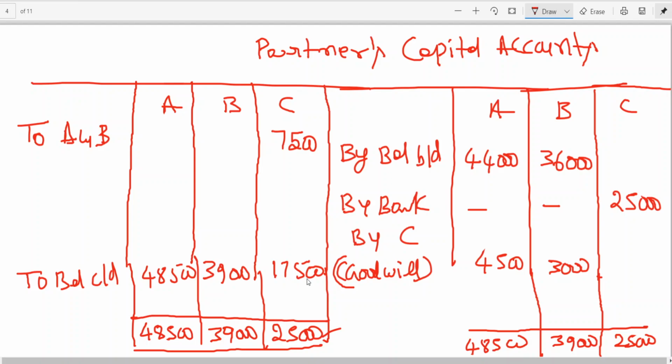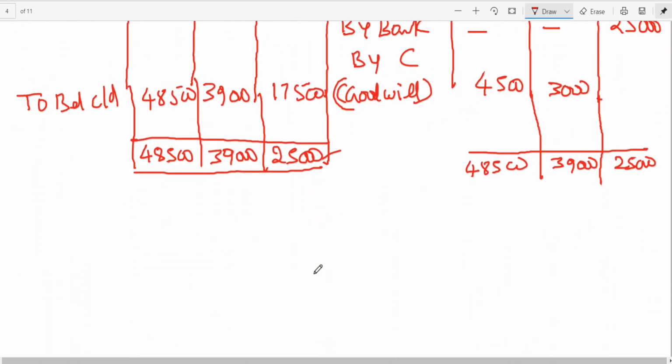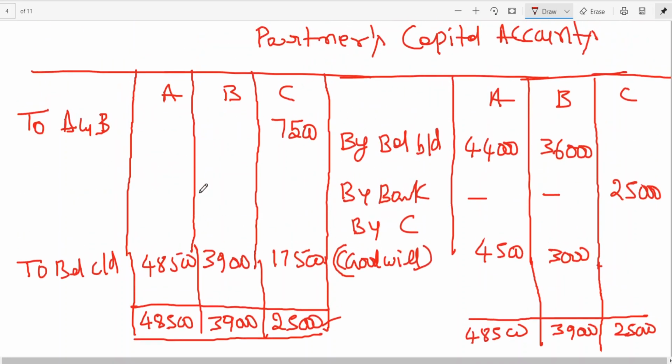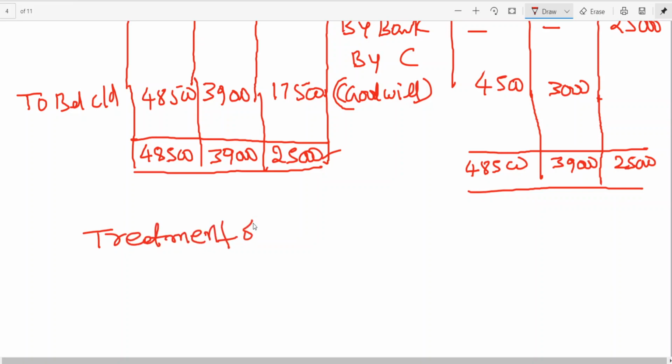So what is the new point in this case? The partners' capital account is the same, but only the goodwill is different. Goodwill is raised and written off, or goodwill can be adjusted through the partners' capital account. Just to explain the point, I also want to tell you, just for information, I think this will be useful. When you are having a new ratio, goodwill can be raised and written off. I am explaining the treatment of goodwill.